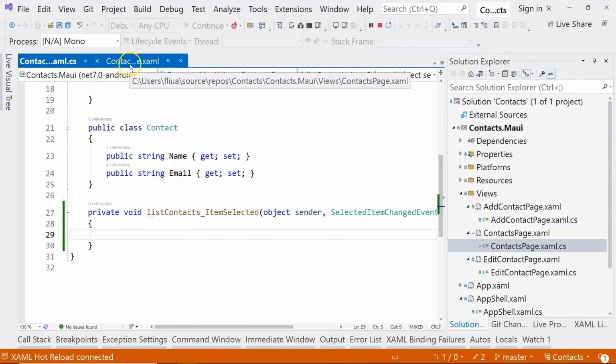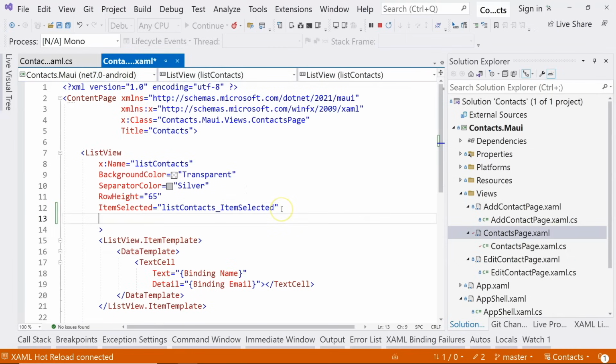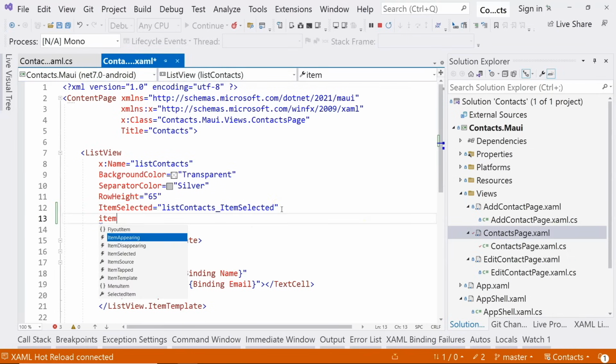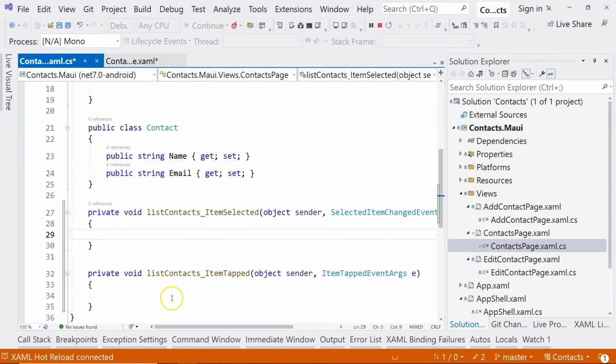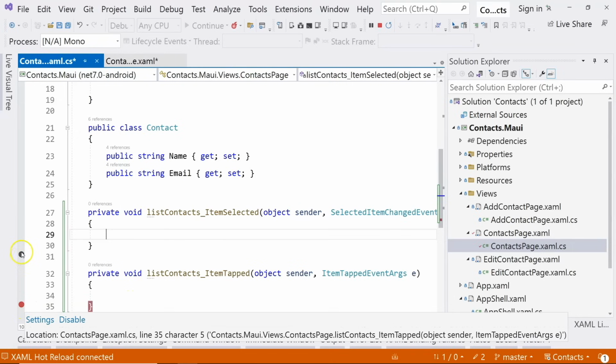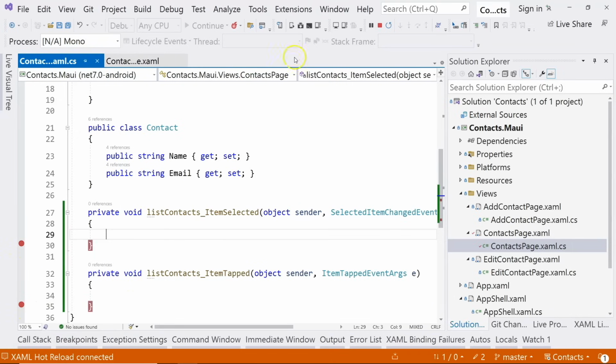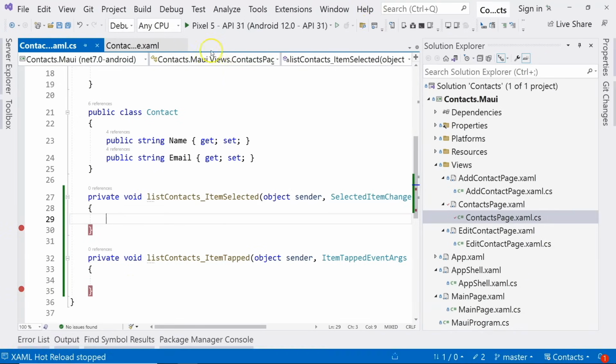Let's take a look at another event. Let's go to the XAML file, and another one is called item tabbed. Right, so let's create a new event handler, and then let's go to the code behind again. You can see a new event handler is generated. So again, let's set some breakpoint. And then let's run the application again to see the behavior, to see whether there are any differences between the